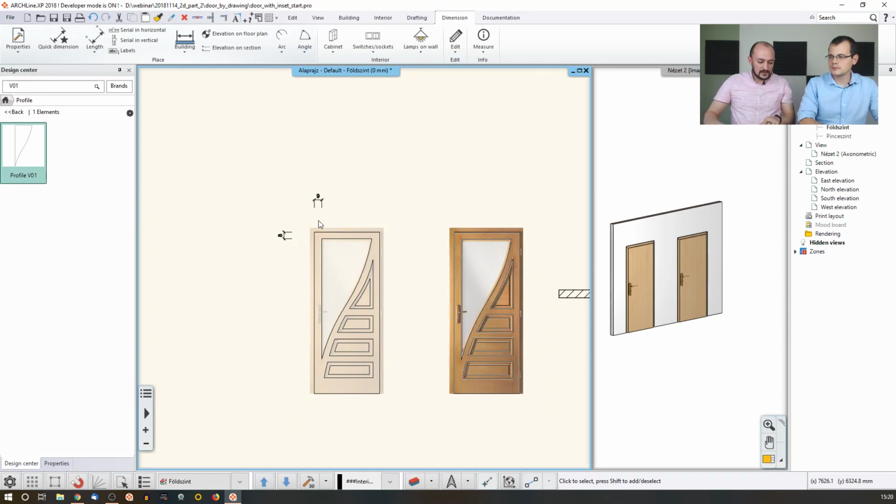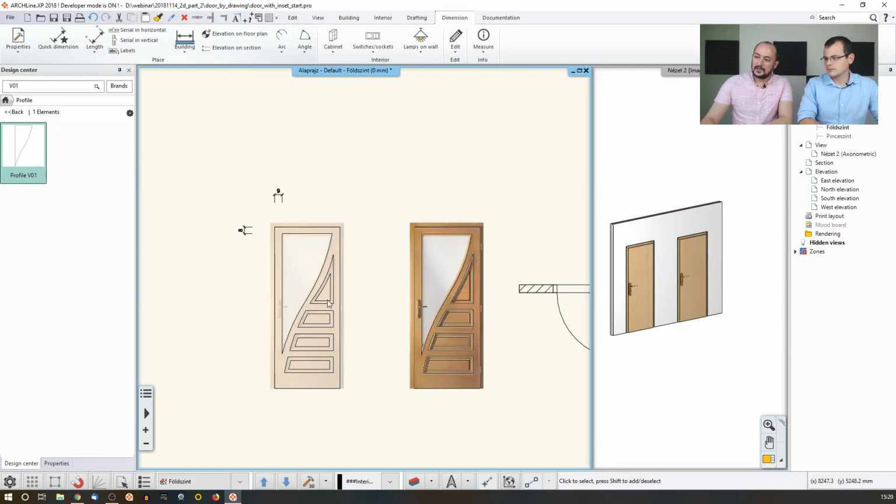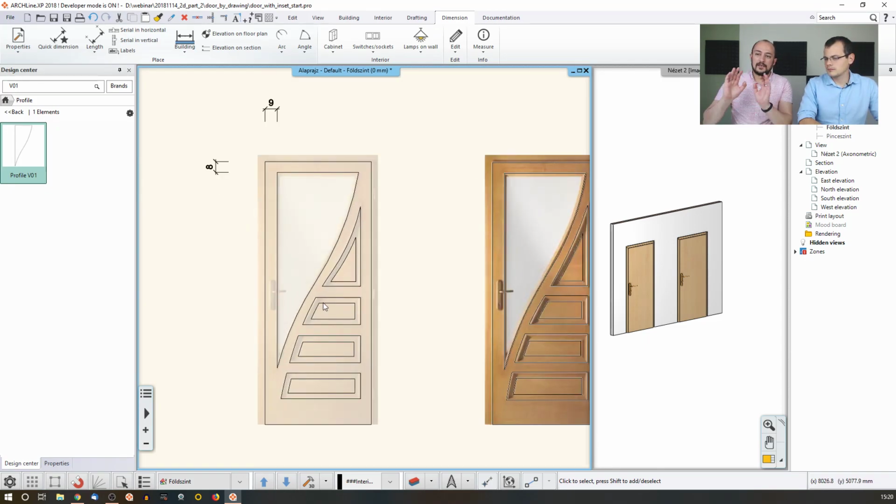Now I just measured these values. I won't measure everything here. I will later load the final version and you will see how I did that. I already saved this here. But if I would like to add more and more profiles into this door, I would have to add this one first and then the smaller version of this and then this one and then this one. Yes, but that's a lot of tedious work. I don't want to do that. I just would like to save this as one single multi